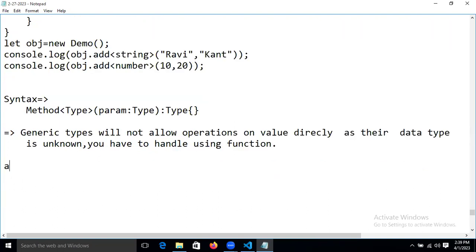We took the add method. In that we gave types: a is given a type, b is also given a type, and the return type is also given a type, with an open curly bracket and a close curly bracket. Inside that,